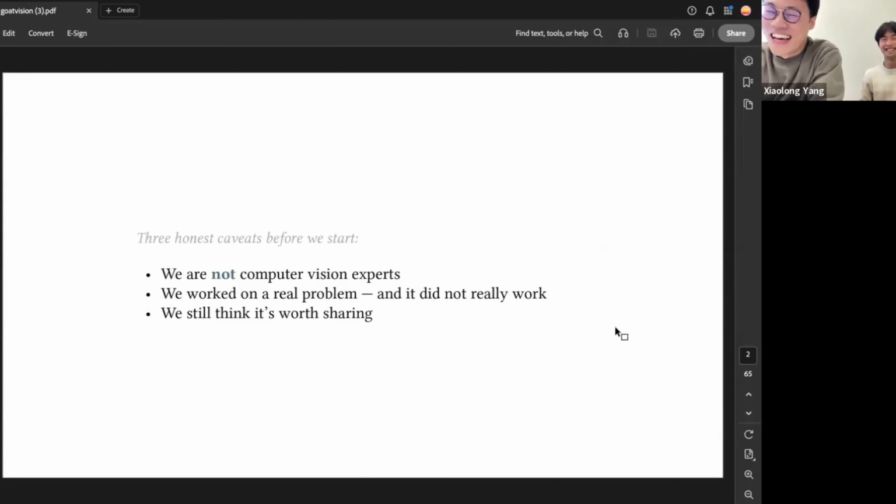Before we get started on the actual thing, we want to give out a couple of caveats. One, we're not professional, serious computer science experts at this point. Everything we do is similar to what you would do when you see a project and then try to apply machine learning algorithms. We make mistakes, and one of the goals is to share our mistakes with you. Second, we worked on a real problem and it didn't really work. Although you saw the technology working, applying that technology to reality is a different story. That's one of the main things we want to elaborate on today.